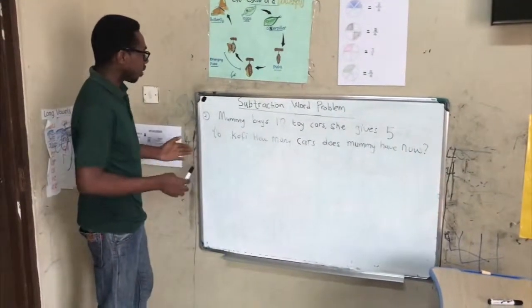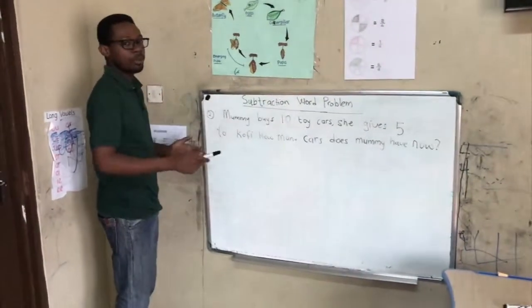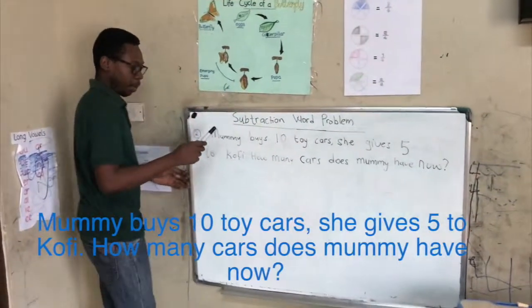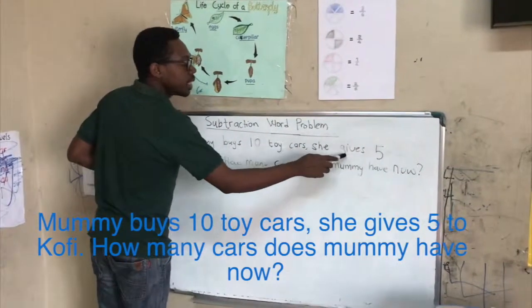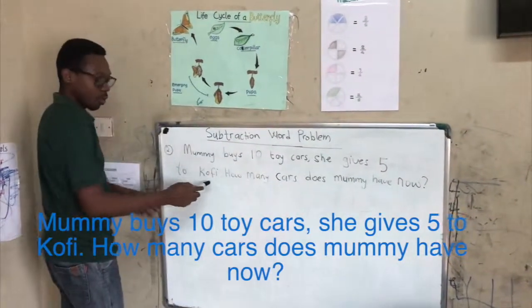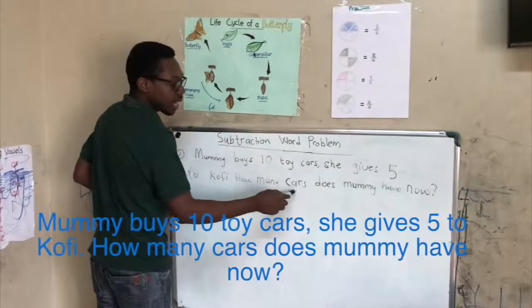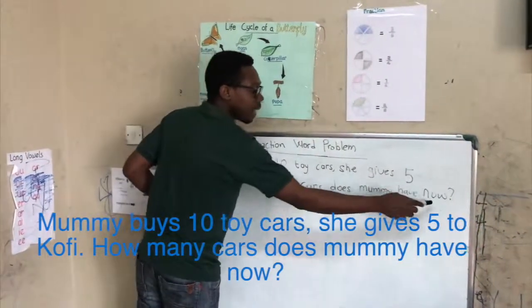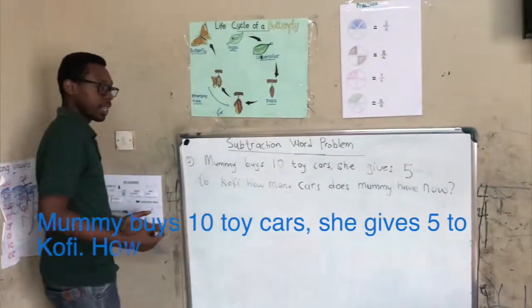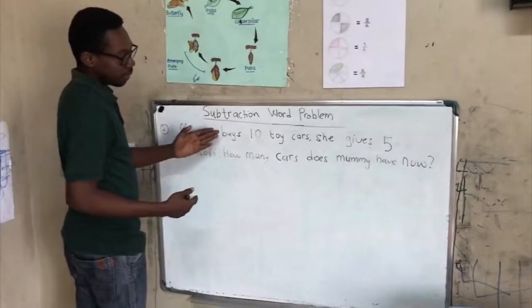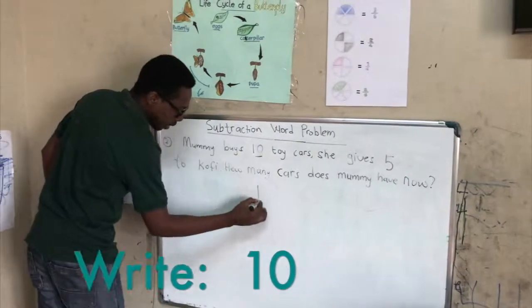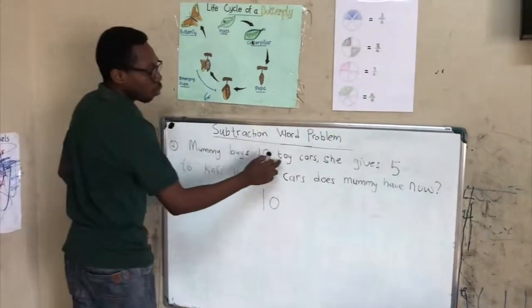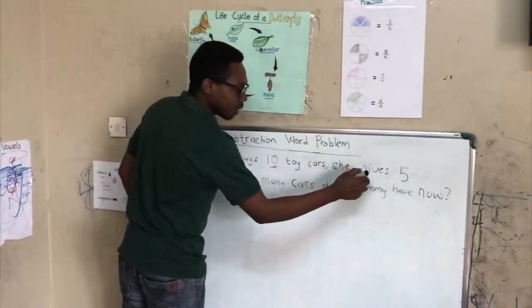So this is our second subtraction word problem. And it goes, Mommy buys 10 toy cars. She gives 5 to Kofi. How many cars does Mommy have now? Okay, so we're going to start again. Mommy buys 10. Write our number down. 10 toy cars. She gives